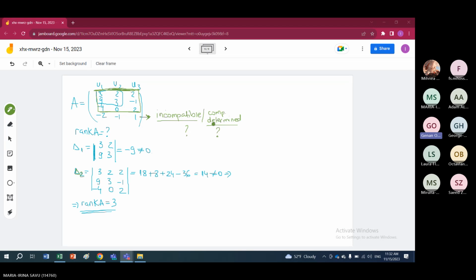The difference between the two cases is when you compute the determinant, if it's 0, then, oh no, sorry. So yes, that's the determinant. You're totally correct. Not the determinant of this matrix, the determinant of the extended matrix. Yes, this is correct. Okay, so if you compute it and it's 0,